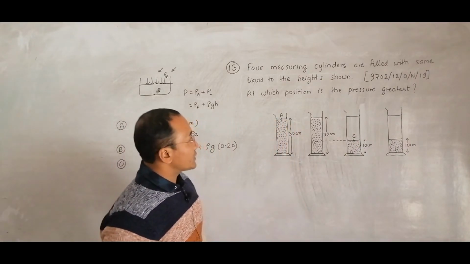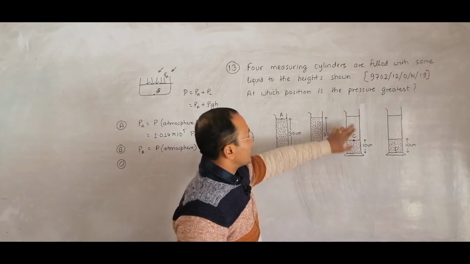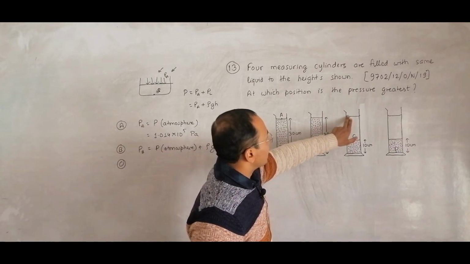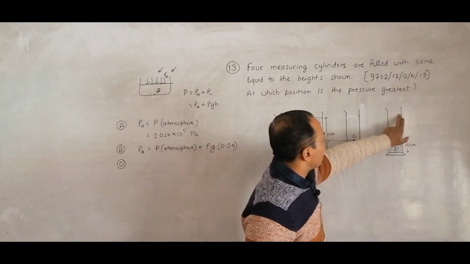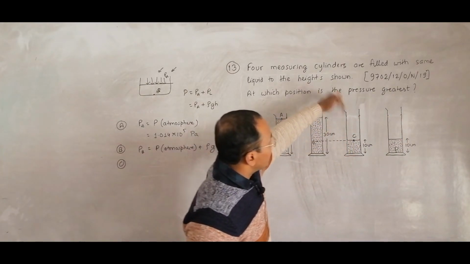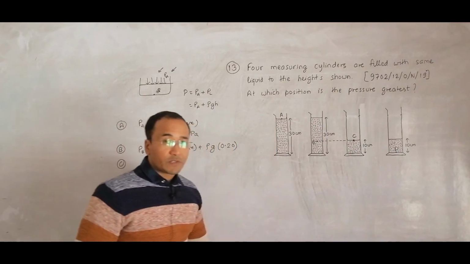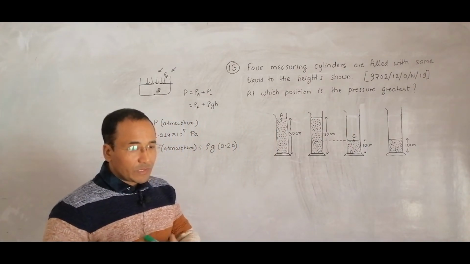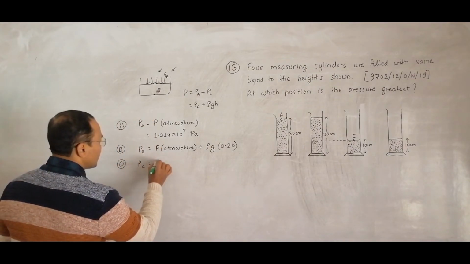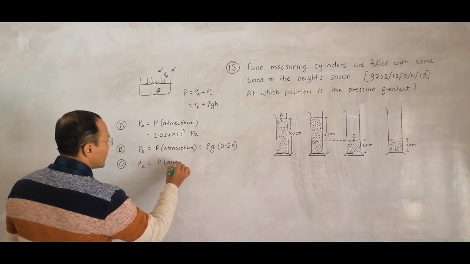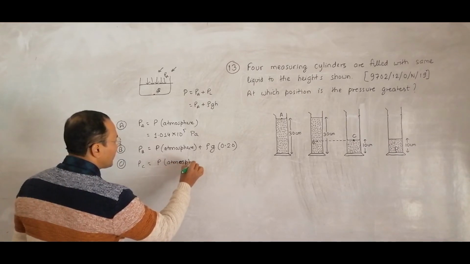So now for C, I have to find the pressure at this point C. So this is nothing here, I should not have drawn this thing, not necessary here. So liquid surface is here. So here also the pressure is only the atmospheric pressure. So pressure due to liquid is not there. So here also PC is equal to pressure due to atmosphere only.